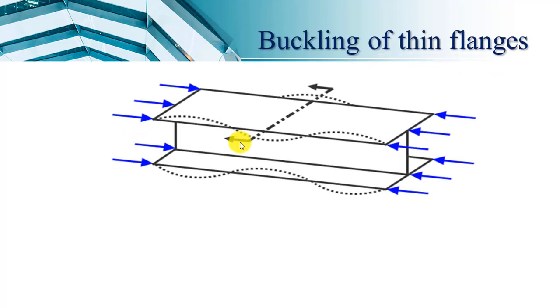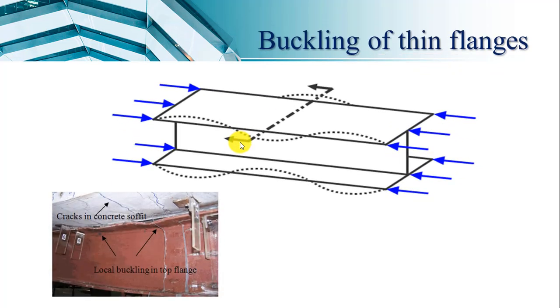Then buckling of the thin flanges. That is, when the compression flange is considered, because of excessive loading, buckling can take place in the compression flange. Basically when wide flange beams are used, it may happen that buckling of the flanges takes place, which is shown here also: this steel section is connected with the concrete slab, and here you can observe that some buckling is seen in this top flange, that is the compression flange of this beam. So these are the different modes of failure which may take place in beams.